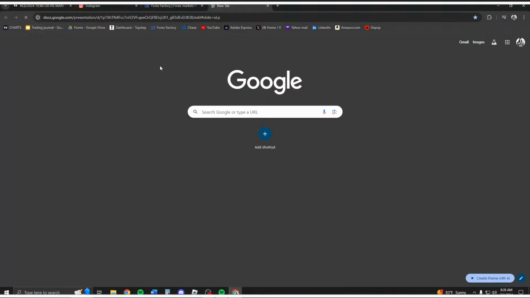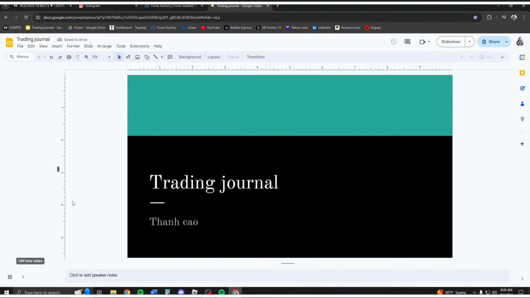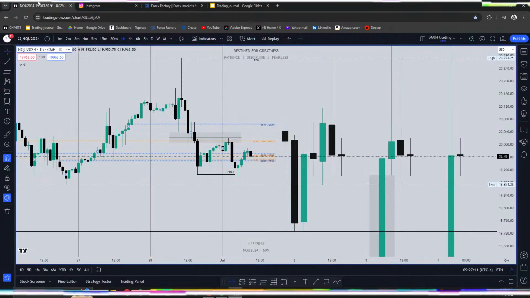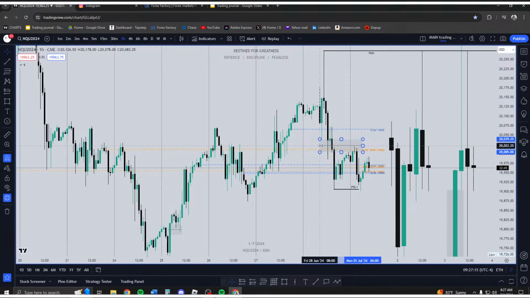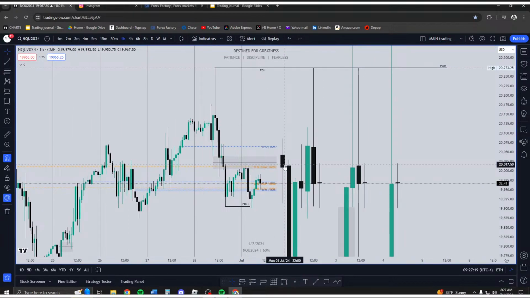So if you look at my weekly outlook, I did have that in mind for NQ to take out previous day low. So NQ's daily Monday objective is to take out Friday's low of day, and we already took that. Which means once we take out that objective, I'm just gonna trade the lower time frame models. I won't be forcing